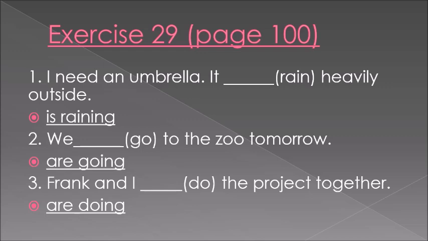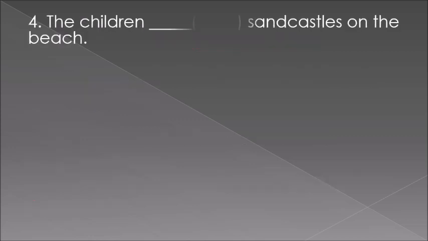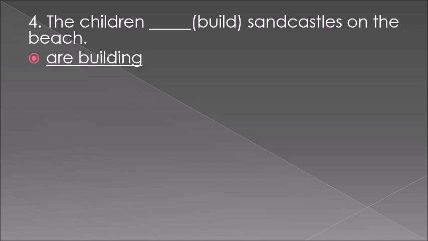So you're going to use are because there are two people, Frank and I, it's plural, and you're going to use ing with do. Are doing. Frank and I are doing the project together. Now, coming to sentence number 4, the children dash build sandcastles on the beach. So children is again plural, so are, the children are building sandcastles on the